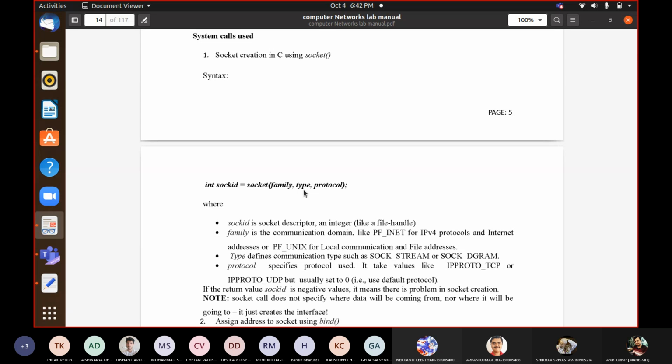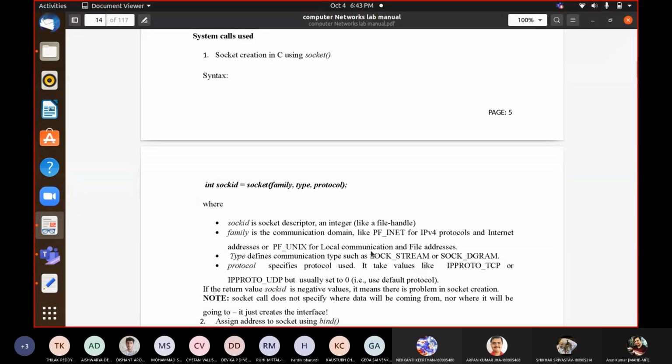So in our program, we are interested in only two types, either the TCP type or the UDP type. That means either the stream type or the datagram type. If you are using the stream type, then the argument name, which we have to always confirm with, is in caps: SOCK_STREAM. If you are using UDP datagram, then you have to write as an argument SOCK_DGRAM. So this is all about the type.